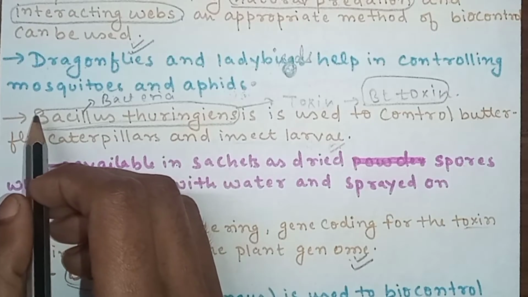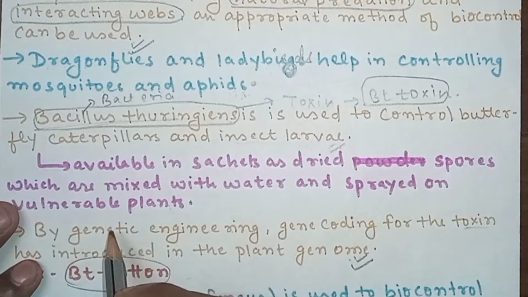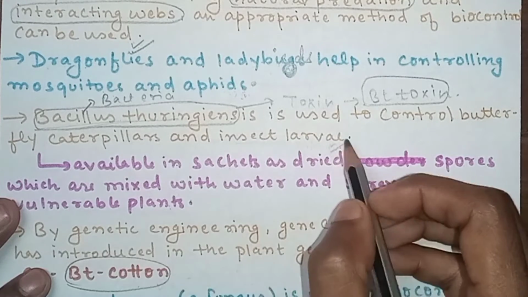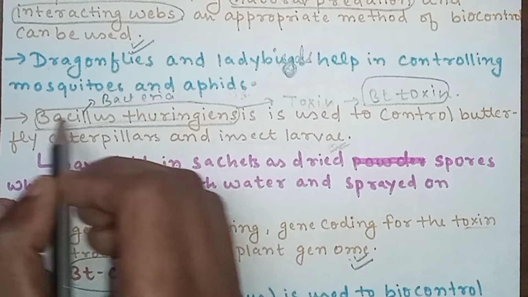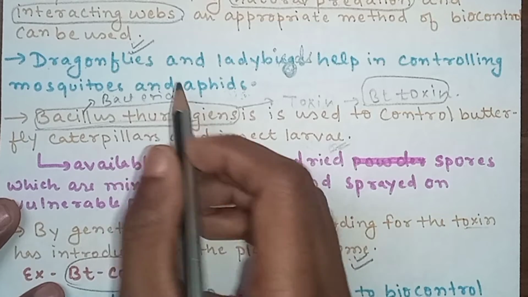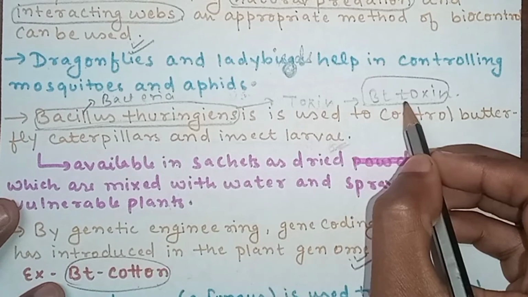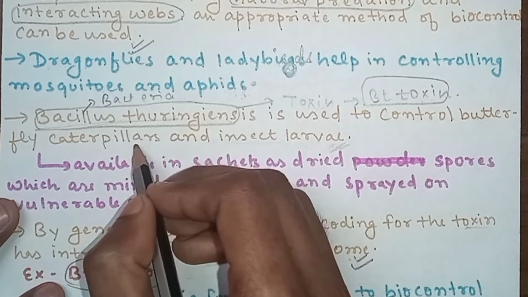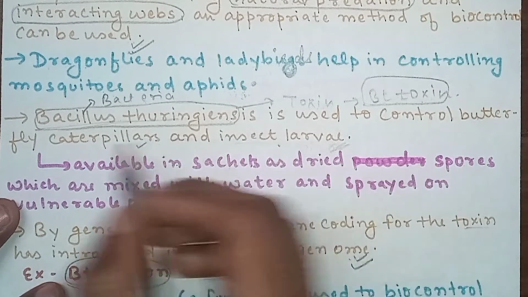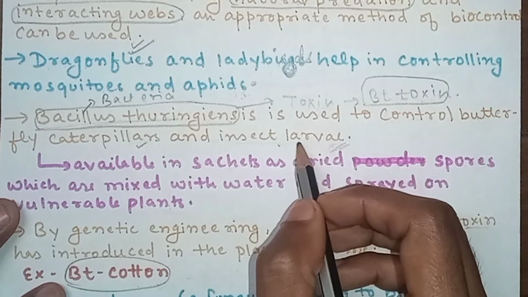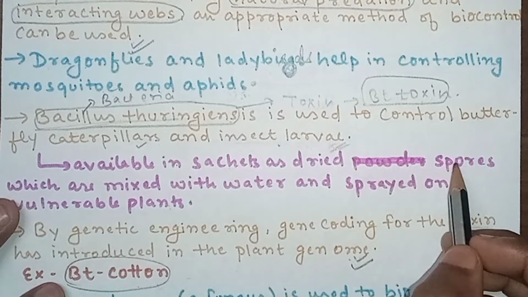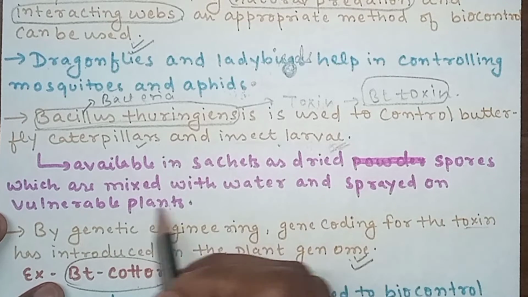Now let us see how microbes are used as biocontrol agents. Bacillus thuringiensis is used to control butterfly caterpillars and insect larvae. This is a bacteria, and it produces a toxin which is named Bt toxin, and this toxin is harmful for caterpillars and insect larvae. When they ingest this toxin, it leads to their death. And this toxin is available in sachets as dried spores which are mixed with water and sprayed on the vulnerable